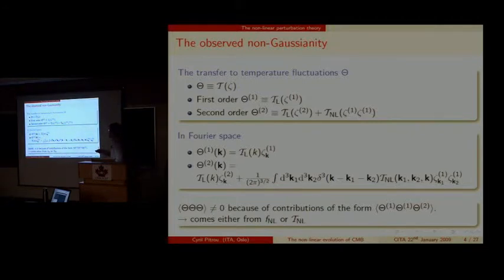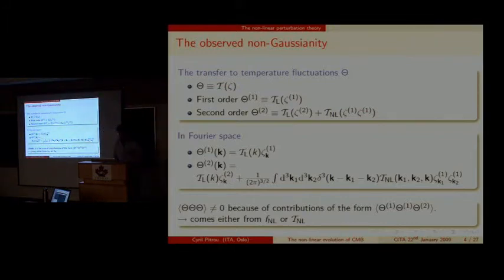Now, just expressing it in Fourier space, that's how it looks. The temperature fluctuation, for a given mode k, is a transfer function multiplying the primordial Gaussian field. But at second order, it's a linear transfer function multiplying the second order curvature perturbation, and a convolution which depends on time. Here I should have put eta today just to state that it depends on the time that has passed, and it is quadratic in first order Gaussian fields. So what people would like to measure is this, but then the signal will be polluted by this term. So my main question is,